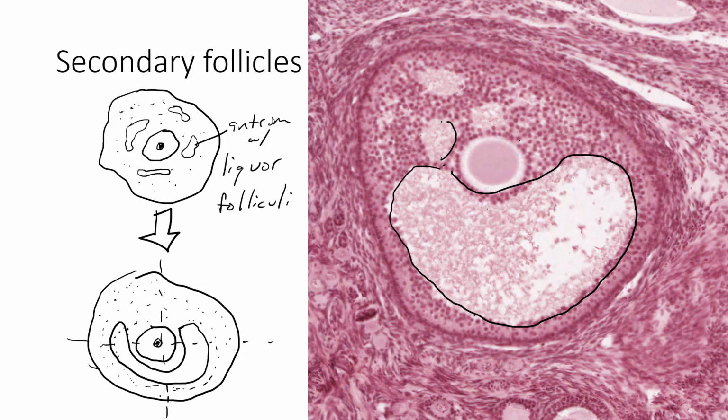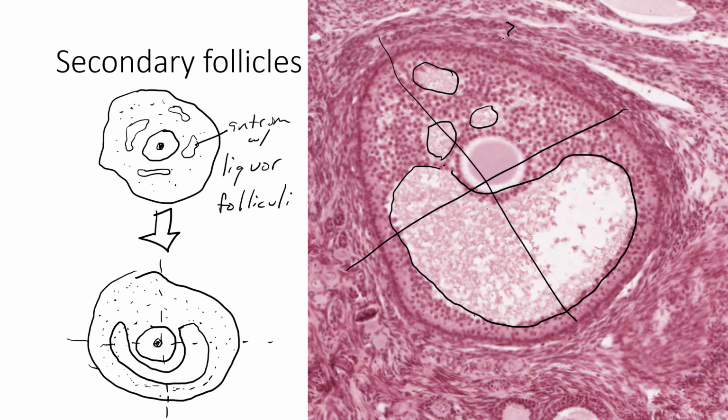And then over here we have some smaller antra that will eventually merge into this larger one. But notice that the wall of the follicle, or sorry, I can't say words today. The egg cell is largely central within the antrum. Now that we have an antral follicle, that is a follicle with an antrum, we can also start to see